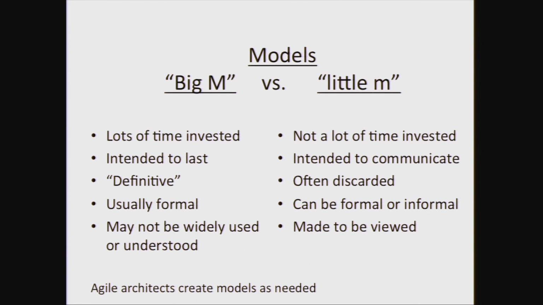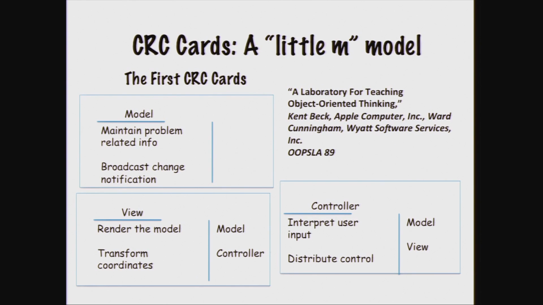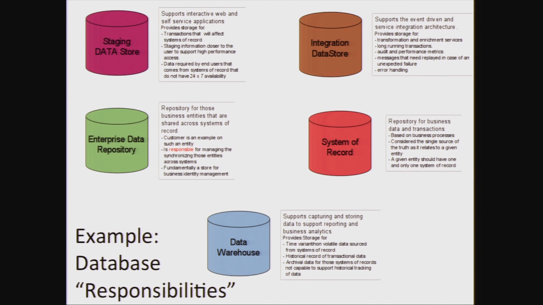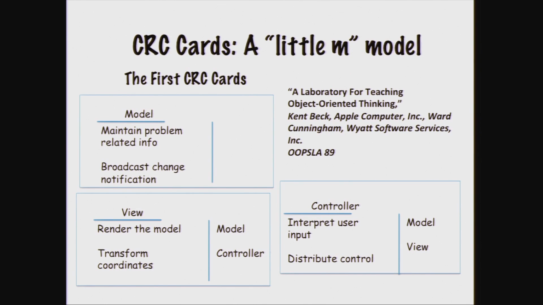There's big M versus little m models in that usually when you're a traditional architect, you create your enterprise architecture view. So how many of those are never finished? They're the ongoing never-ending story. Whereas in an Agile architectural role, they have models and representations and artifacts that are intended to communicate and are made to be viewed. And I just have some examples collected from, the very first little m model was